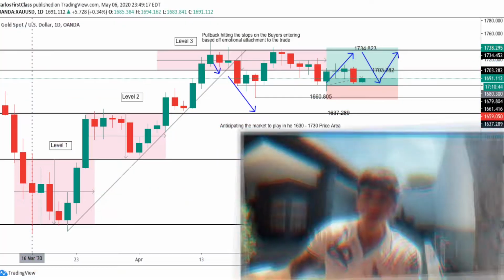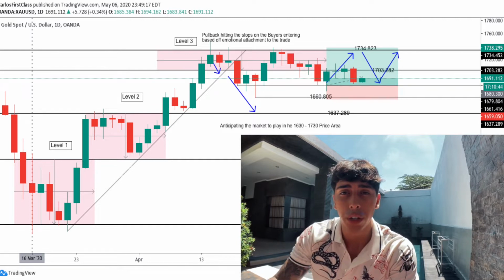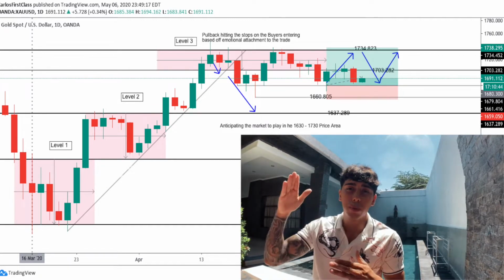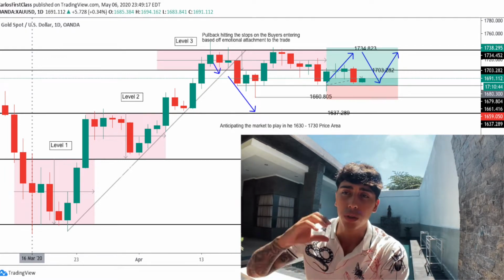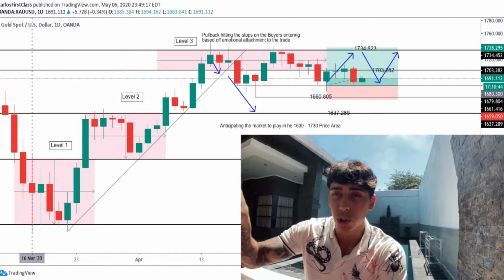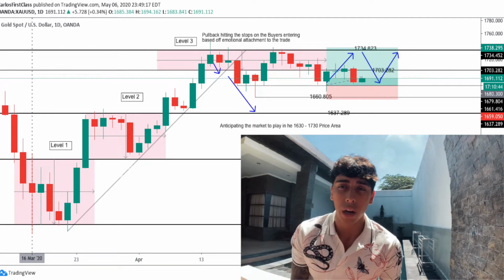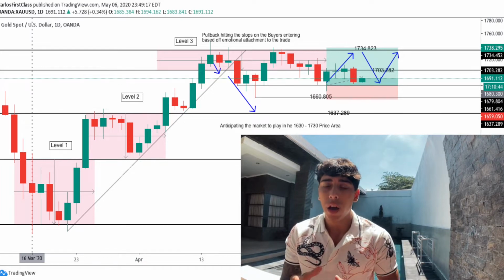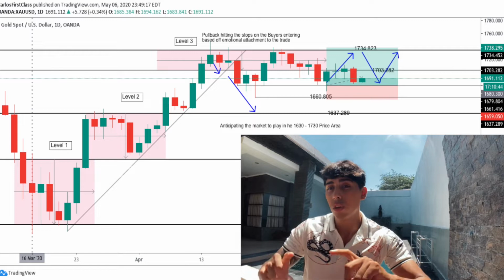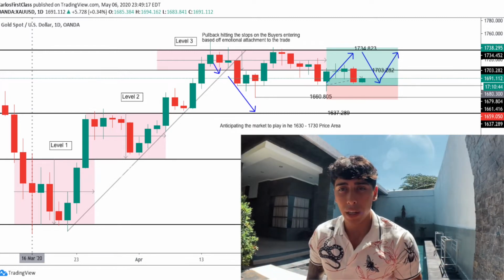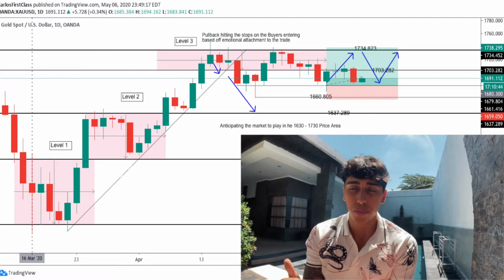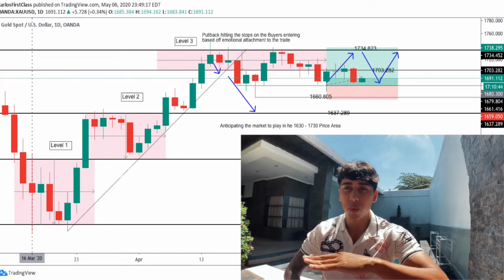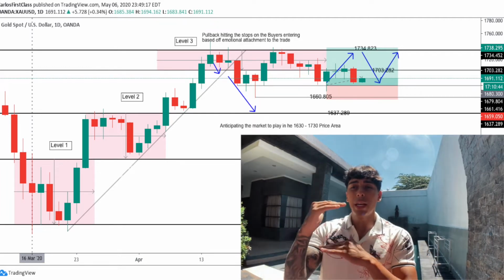For example, I'm going to pop up on the screen my most recent trade for XAUUSD, which is my most recent analysis to date, and I'm also still inside of this gold trade. So as you guys can see, gold has been on a very consistent uptrend since mid-March. Gold has been following all of my technical analysis, following the level structure, breaking into new levels periodically, as well as following the trend. Now, without getting too technical, you can see with the naked eye that gold has been on a very bullish movement ever since mid-March, and we're currently in a zone of consolidation. The market is slowly starting to stabilize, and from that stabilization, we can slowly assess if the price is going to go bullish or bearish from the current price it's at. It's currently settled between the 1660 price point and the 1730 price point. It's been maintaining in that zone for the last